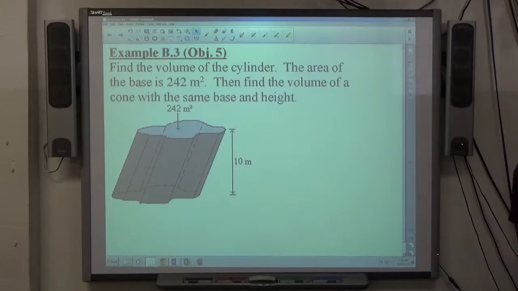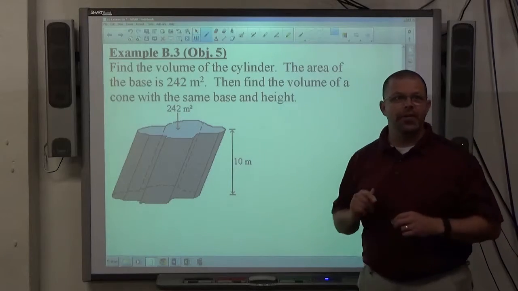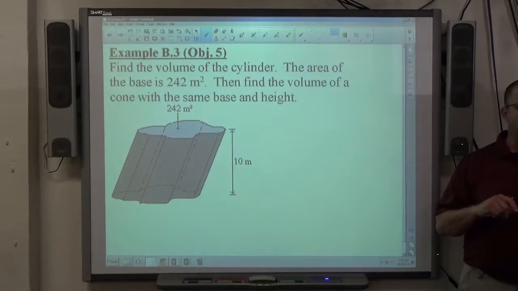All right, example 3, find the volume of the cylinder. The area of the base is 242 meters squared. Then find the volume of a cone with the same base and height. So this is 2 questions in one, and that happens quite a bit in this chapter, and also problems of